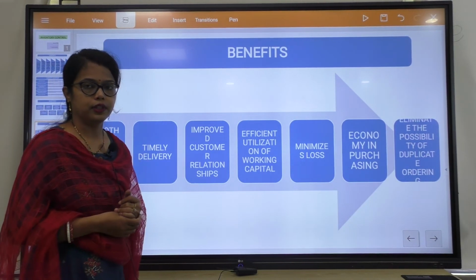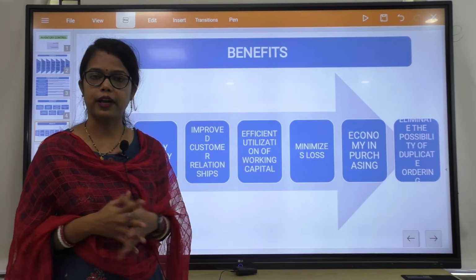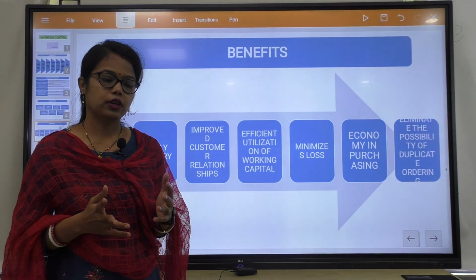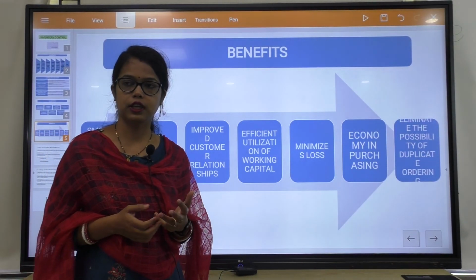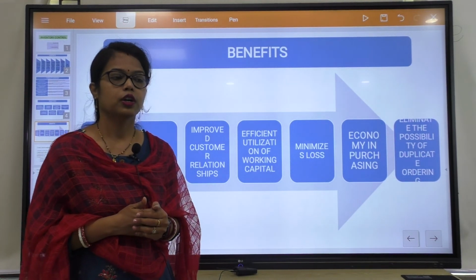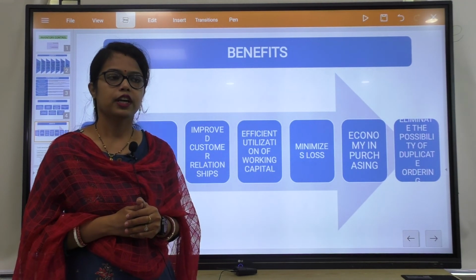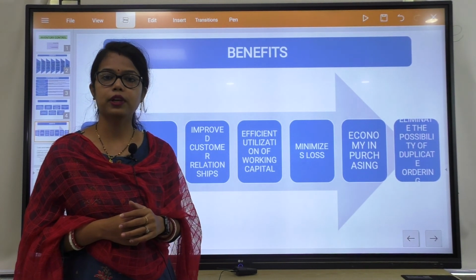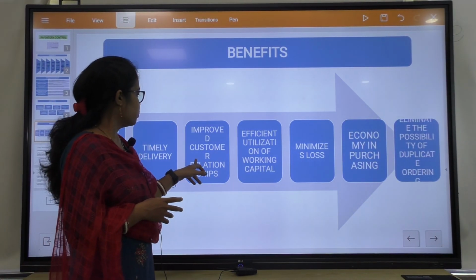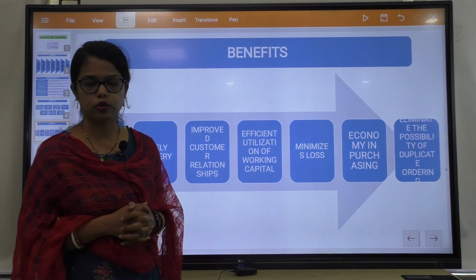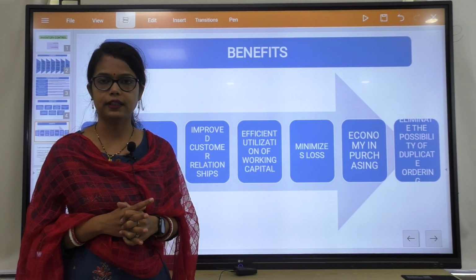Then timely delivery. If the production process is carried out in a good manner, or suppose some finished product is in our stock according to the demands, or some semi-finished product is in our stock, then definitely timely delivery of the product will be carried out. Clear? Then improved customer relationship. That is most important. Customer relationship will be improved if the company is providing the